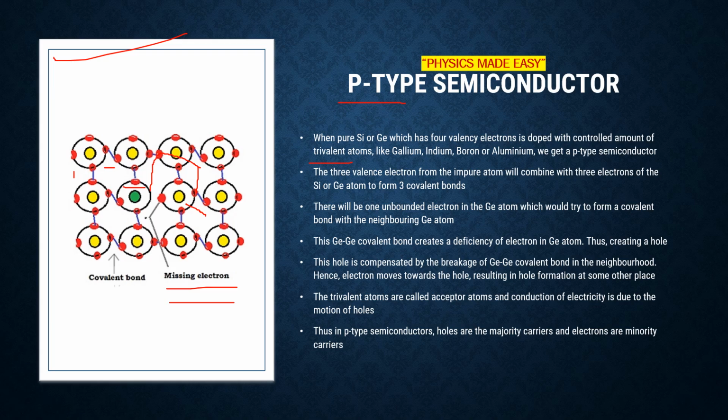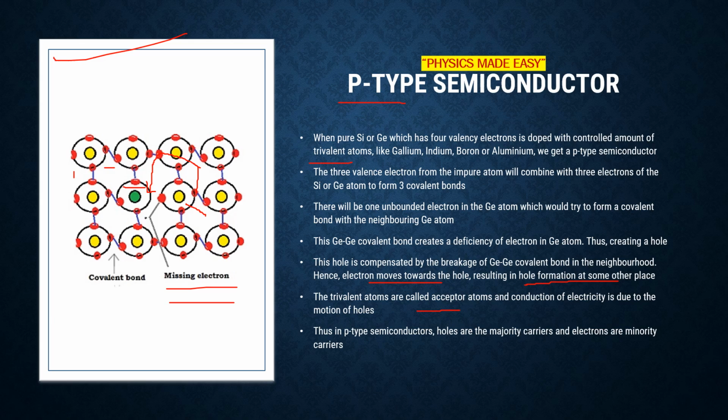When this electron moves to the vacant space, a hole is created at the position it left. So in this way, when the electron moves toward the hole, it results in hole formation at some other place. These trivalent atoms are called acceptor atoms,